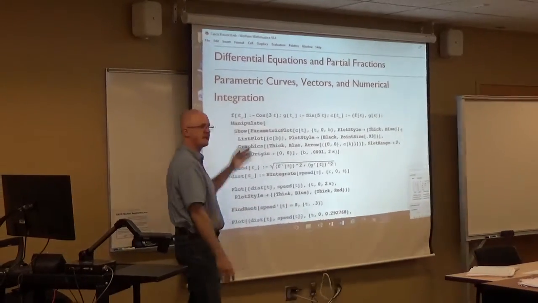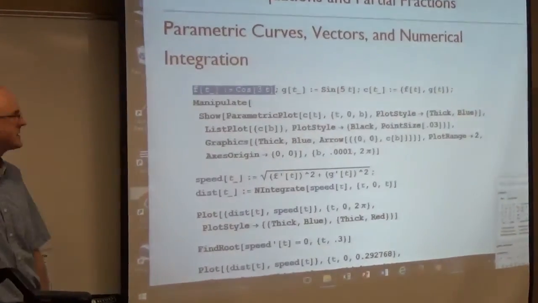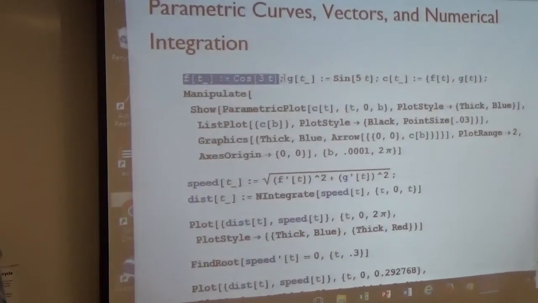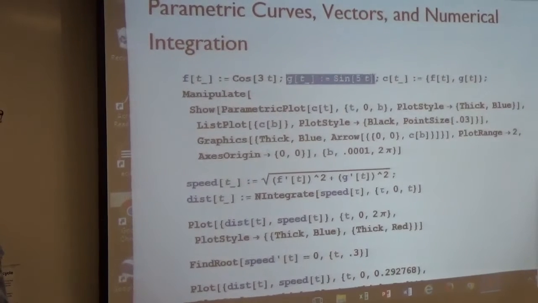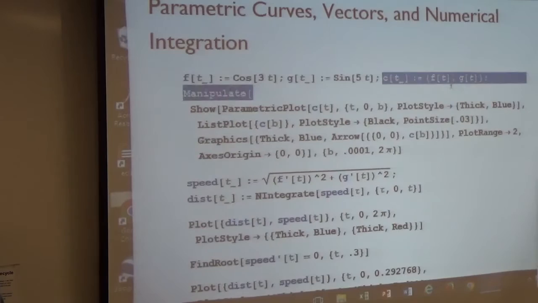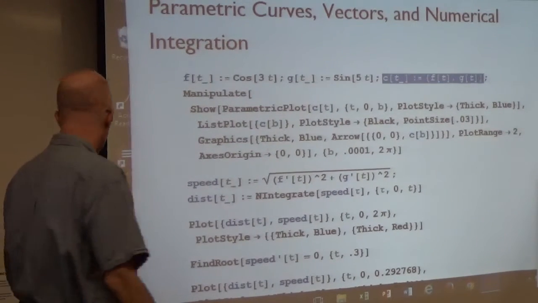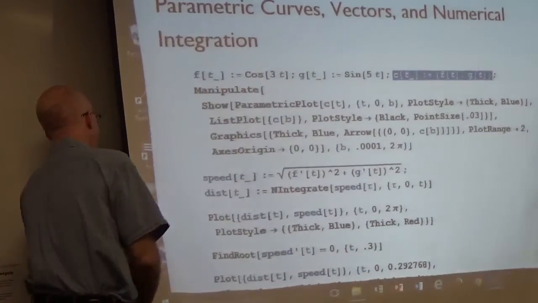So this is the same example as we saw on Monday. X was cosine of 3t. Y equals g of t was sine of 5t, two trig functions with different frequencies. C of t is the parametric curve that in Mathematica you have to put inside curly braces as a list. When you write it by hand,